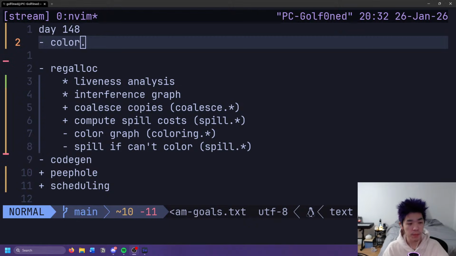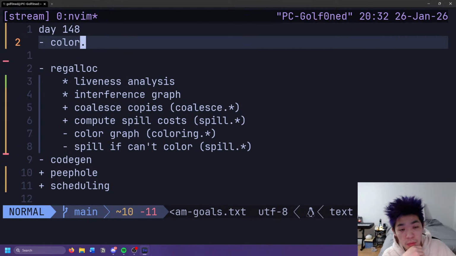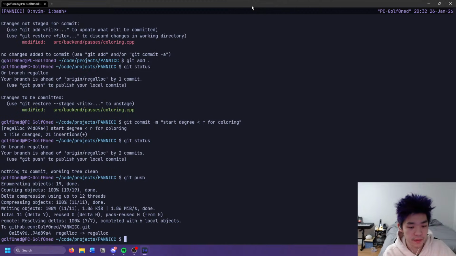I made some progress on that. This time we're going to continue doing coloring, because I don't really know what else to do. Oh yeah, also last time we cleaned up the test runner a little bit. We modularized it, so it's a little bit less boilerplatey. It's still pretty boilerplate, but it should be a little bit better at least. So I guess we can get straight into this.